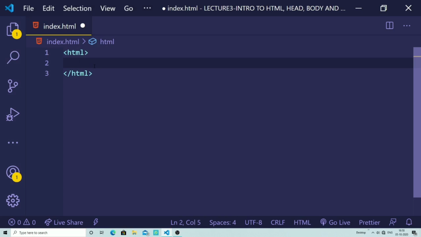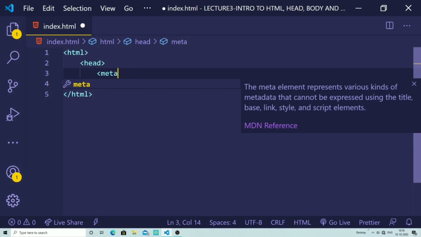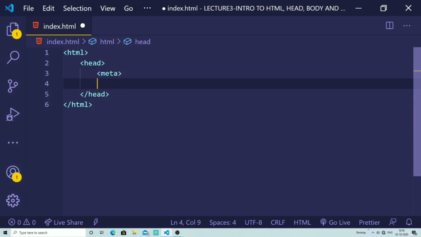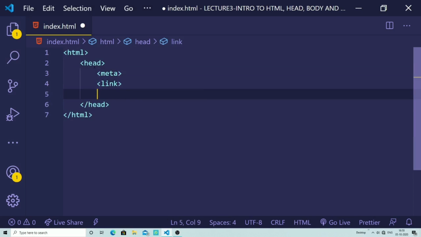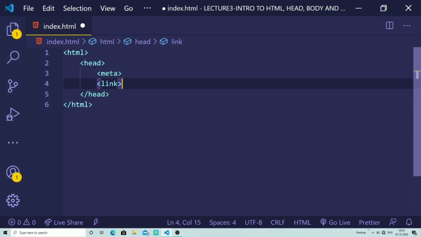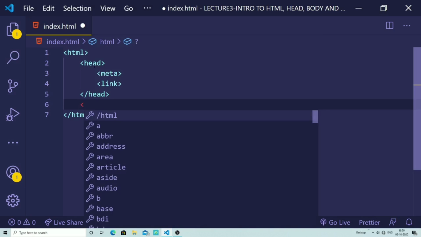And now let us move on to the head section over here. The head section consists of your links and your meta tags. I can say in simple words that your head section consists of the elements which are not rendered on the web page. Whatever content, links or meta tags you write inside of your head are not going to be rendered on the web browser. It is only visible to you, but not to the user who has visited your website.